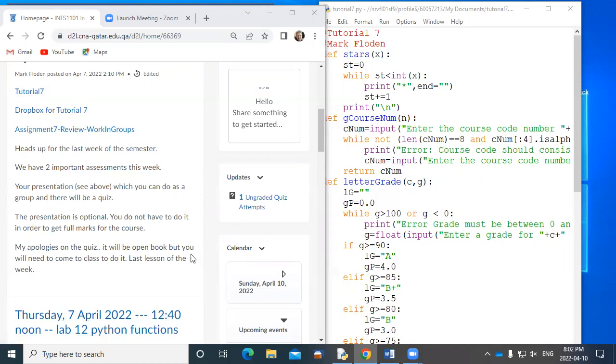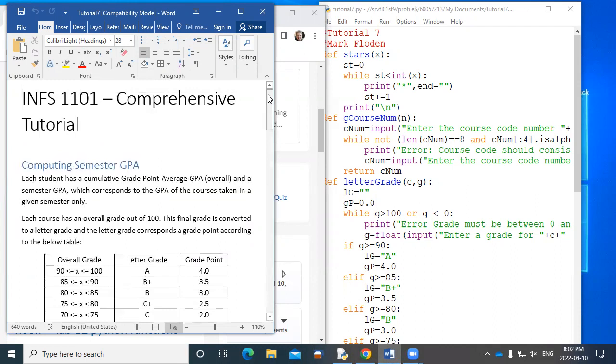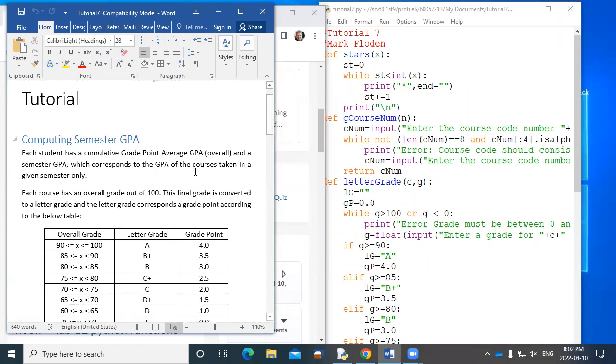Right, so let's start into this. We have this tutorial, which is here, and it says it's a comprehensive tutorial. And so that means that we should look at all of the things that we've been able to do. When I looked at it, I noticed that we've got some string functions in there. We have functions. I don't think you could do this tutorial very well without using functions properly. There's if and else statements, while loops, string manipulation. Basically all of that is in there in order to do this properly. So let's look at it and see what it is.